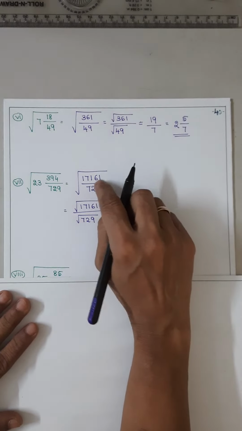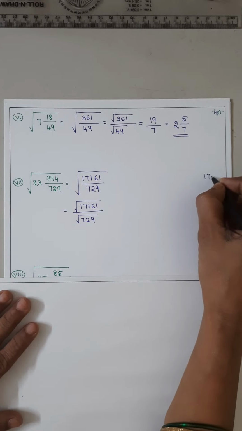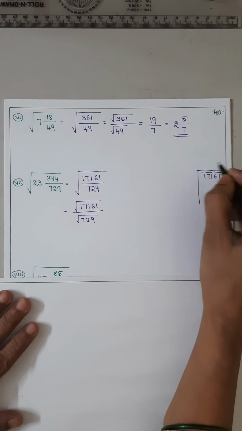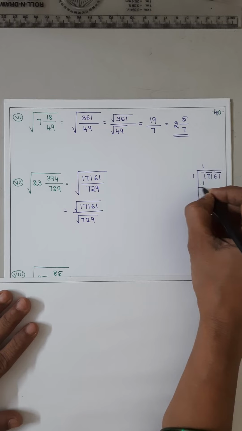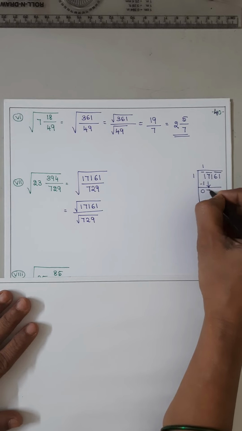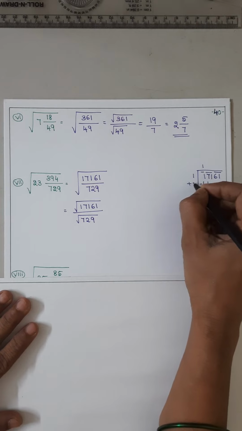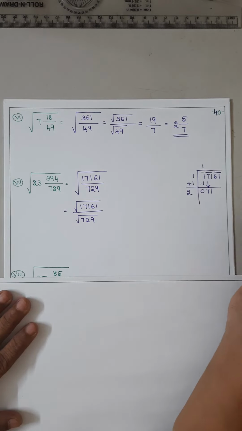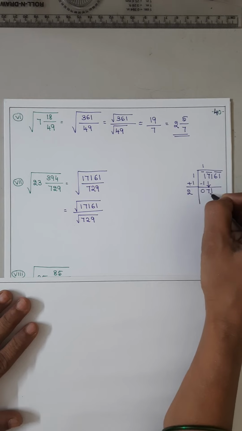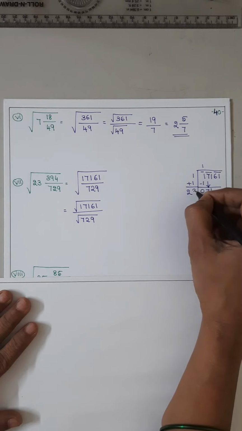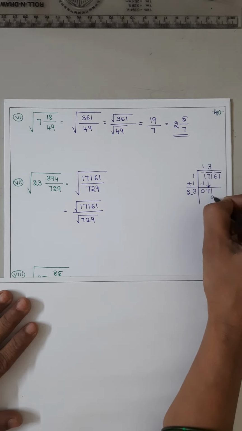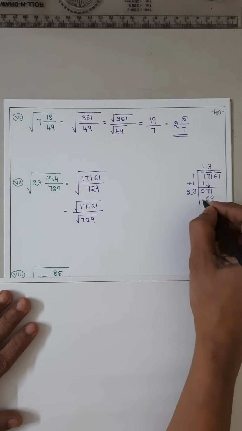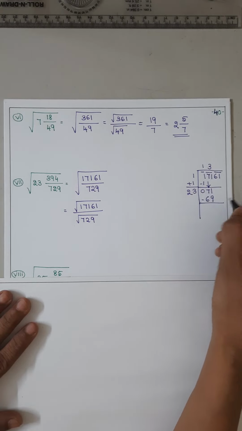Now find out the square root of 17161 from right side grouping. 1 1 is 1. When you subtract, you will get 0. Bring 71 down. Add 1. 1 plus 1, 2. If you put 2, 2 3s are 6. If you put 3, 3 3s are 9, 3 2s are 6. Yes, you can put. So 3 3s are 9, 3 2s are 6. So you got 11 minus 9 is 2, 6 minus 6 is 0.